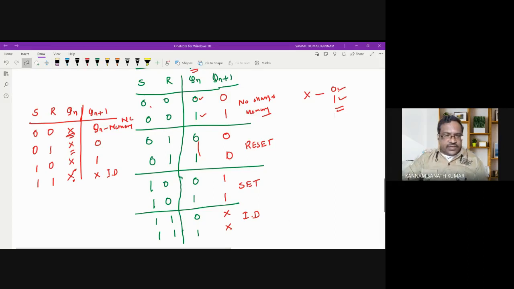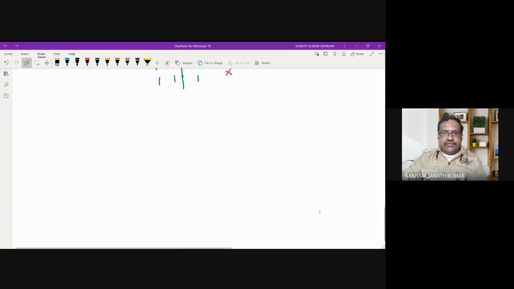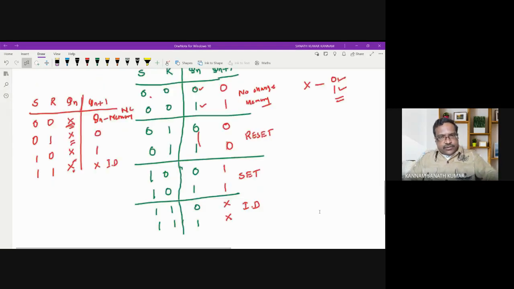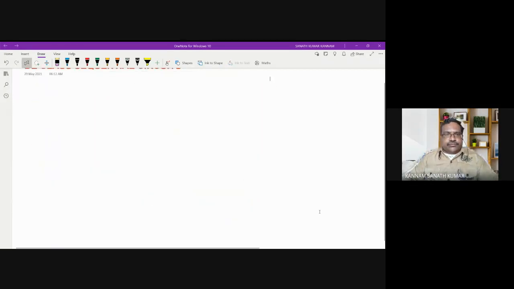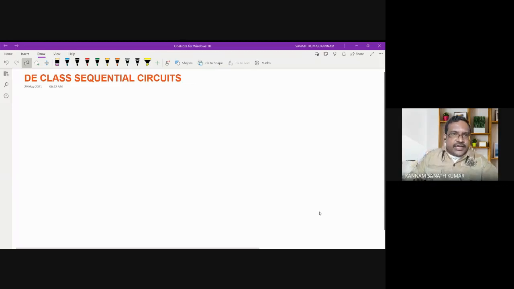So this is the SR latch by using which gate? NAND gate. Now, till now we have seen the SR latch by using the NOR gate. Now we'll see the SR latch using the NAND gate. During realization, we'll not use the SR latch by using the NOR gate. Mostly we'll use the SR latch by using the NAND gate only.